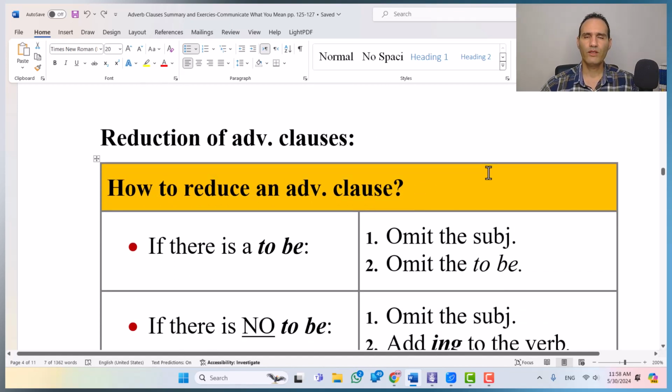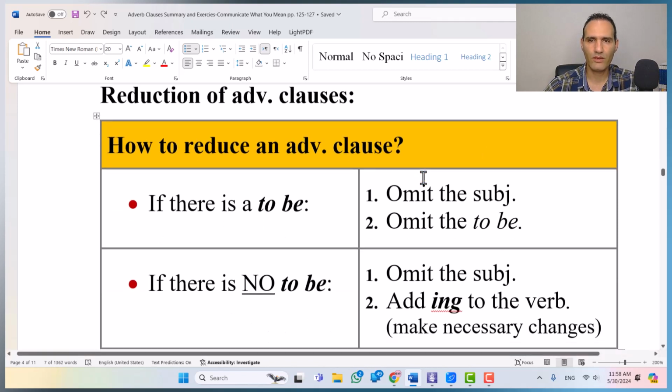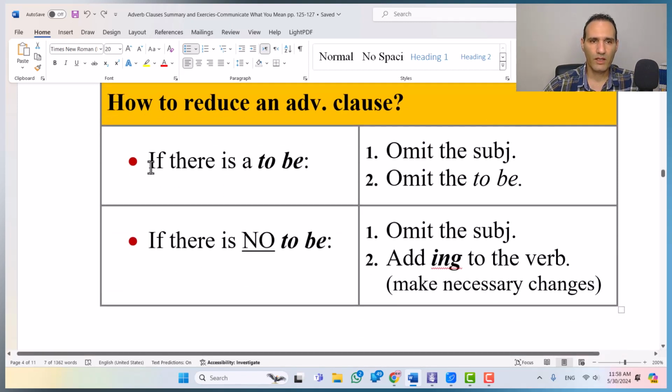So we combine two clauses together, one dependent, one independent clause together to make a subordinated clause. But on page 122, we teach you how to reduce the adverb clause to make it look more professional. How? Like this. In case of reduction of an adverb clause, if there is a to be in your adverb clause, or if there is no to be in the adverb